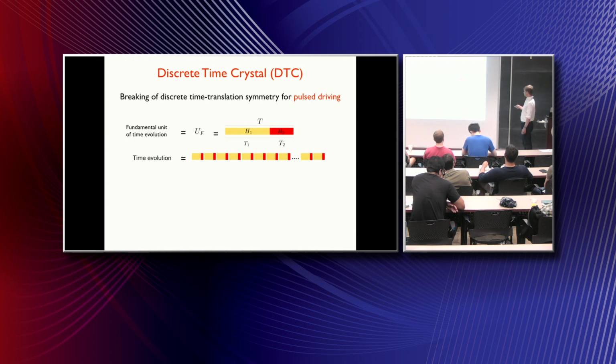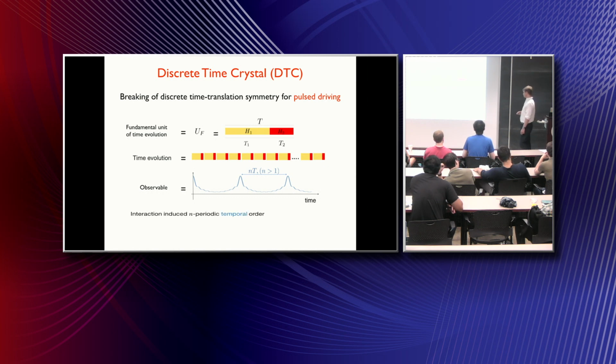Normally, you would think that the system should respond with the same period, but actually, it's not always the case. In this discrete time crystalline order, it will respond with some period which will be a multiple of this fundamental period, nT. And that's breaking discrete time translation symmetry. Usually, you think that it will respond to each of these unitaries in the same way, but it actually does not. When it does not, that's when you break discrete time translation symmetry.